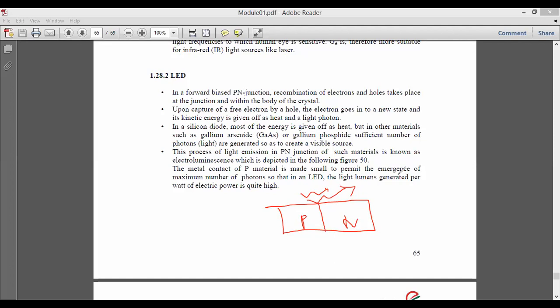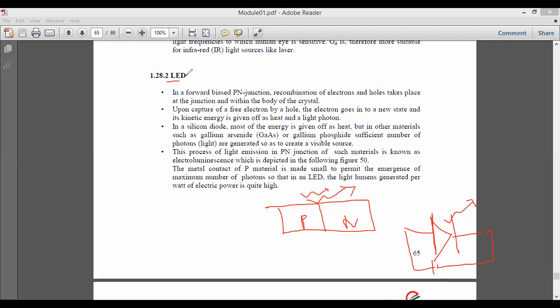So LED is a light emitting diode. By taking a normal PN junction diode under the forward bias condition, which means you just apply a DC battery to a diode or an LED, it has to glow, right? When it will glow, what is the condition for the light to be emitted? Light emit, that is why the name is given as a light emitting diode. The diode will emit the light, or you can say that the heat dissipated by that particular diode will be in the form of light, because light is completely visible, right?